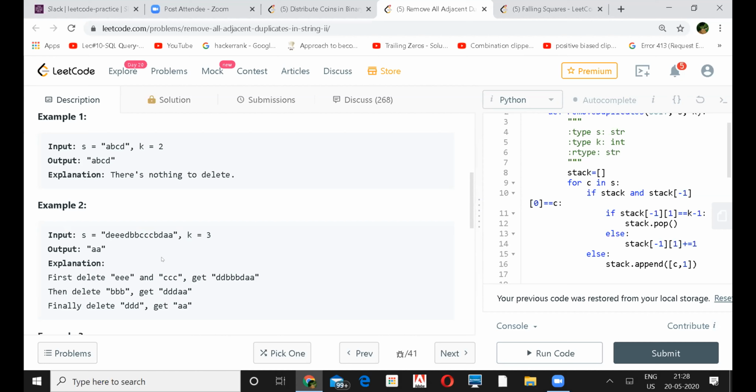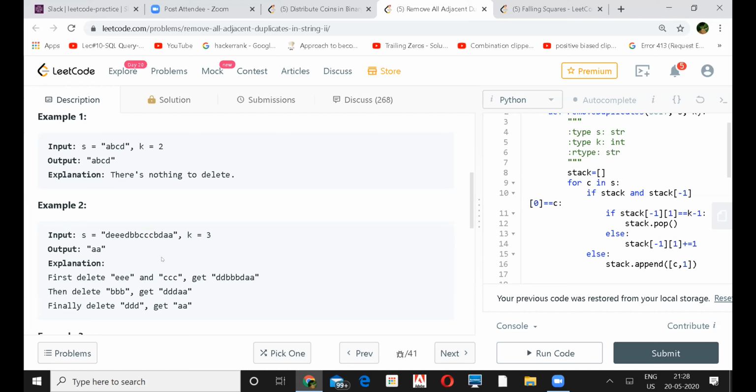For example, DD twice is there, so I'll just move ahead. Again, BB is twice. I'll move away. Again, I will come at B. Again, I see that there are 3 C's. I'll remove C, and now I will move to the previous pointer and check if triple B is there. Then I will remove triple B also. Again, I will move to D.